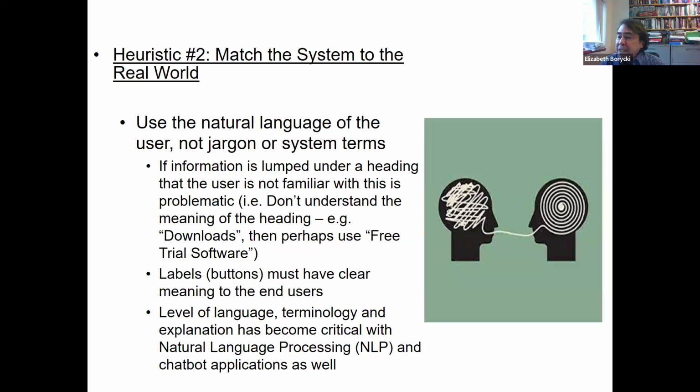Heuristic 2, matching the system, really the language in the system, to the real world. Use the natural language of the user, which presupposes knowing who's going to use the system. And if you had an AI system, you could adapt to different types of users, but AI system or not, you don't want the terminology of the system to be beyond the user's knowledge or at too low or too high a level. And this is something we see over and over again with systems designed particularly for patients,